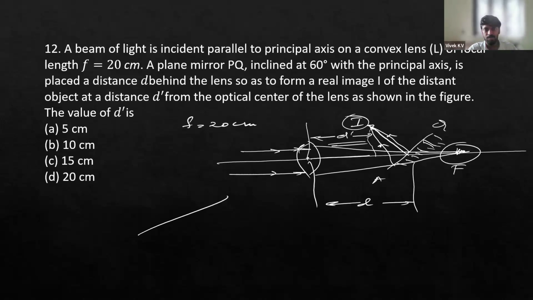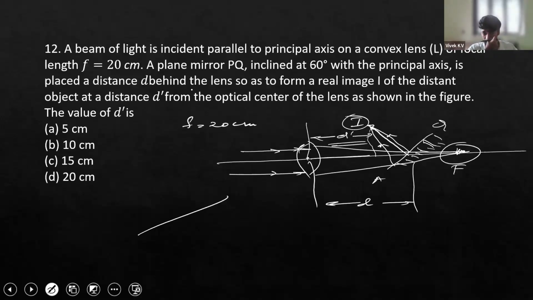We know the object distance is not given, but based on the lens formula, which is 1 by v minus 1 by u equal to 1 by f, we can actually calculate the object distance, and the object distance d will be equal to